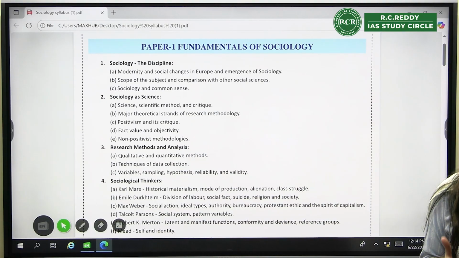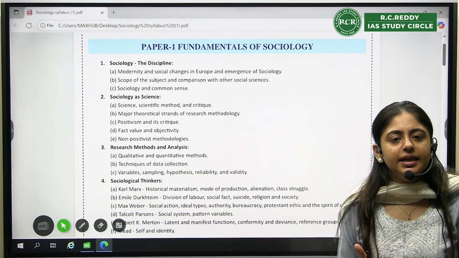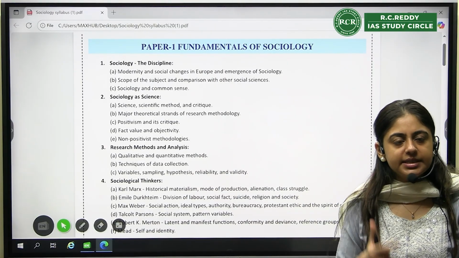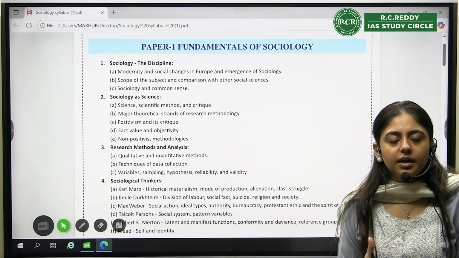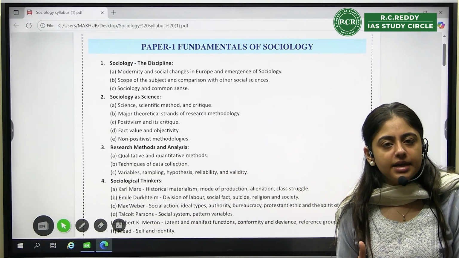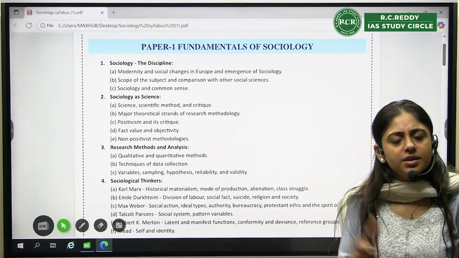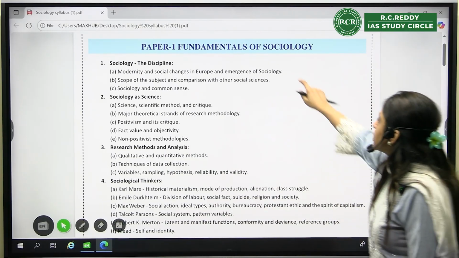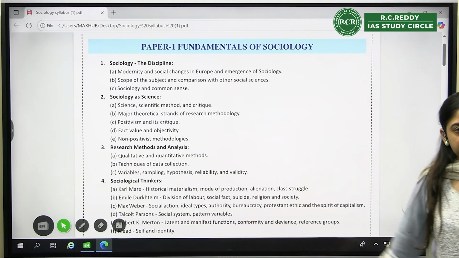One reason being, I can do it now also, but your understanding will be clearer when you have a base in sociology. Secondly, it is memorization based, right? There is not much understanding involved, but you should know how it is related once you study a major part of sociology. So we will start with this chapter and then we will shift to your thinkers part,